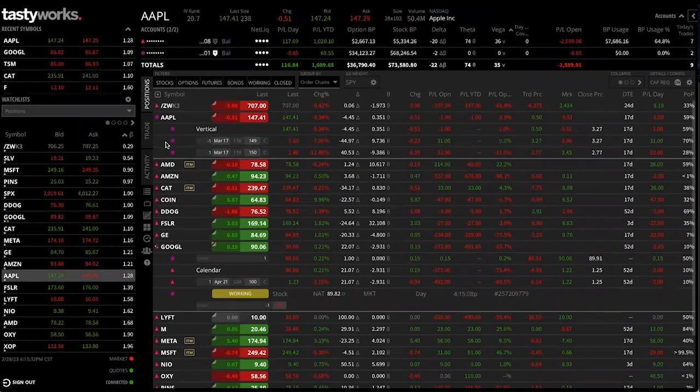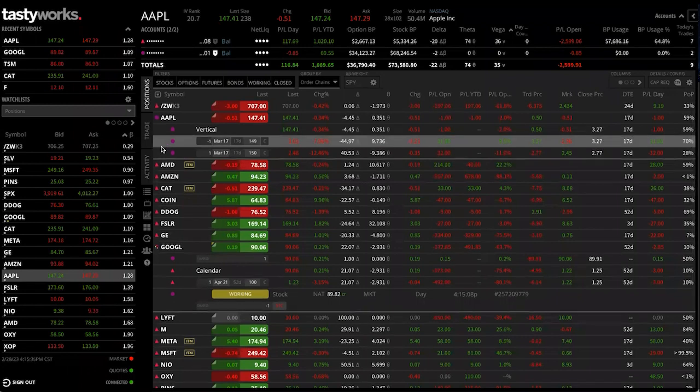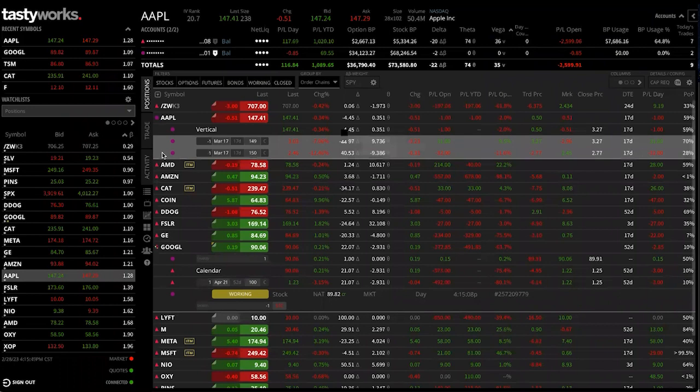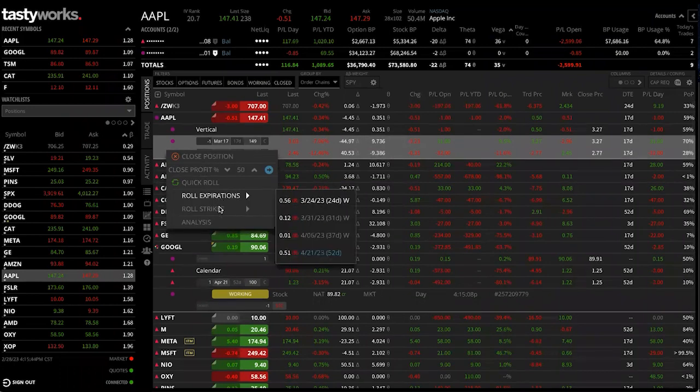So if I wanted to place an order on just one of these legs, I could click on one. In this case, it's a vertical spread. I want to close it together. You can click on both there, and then left click both, right click, and then you have your quick action menu again, where you can close the position, maybe close at a certain profit percent. Also for options, there's rolling and that analysis tab that we talked about that I'll show in a little bit. But that's how quickly you can close a position. You just do it through your positions tab,